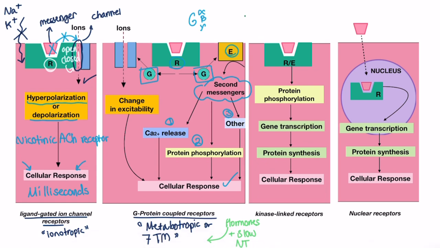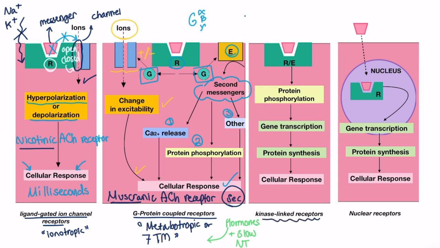Not only that, a G protein can also activate or deactivate an ion channel, resulting in a change of the excitability. Therefore, a cellular response will result. An example belonging to this family is the muscarinic acetylcholine receptor, and it is considered a fast-acting receptor that takes seconds to produce an effect, but is still slower than the ligand-gated one.